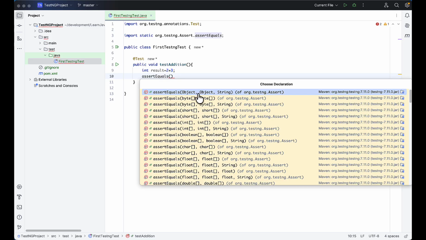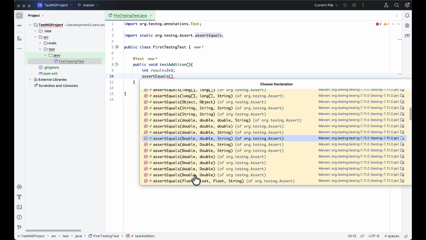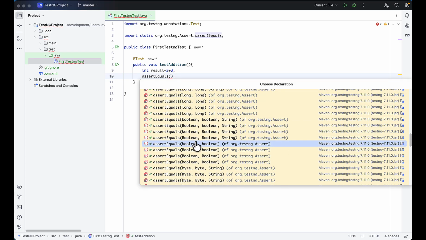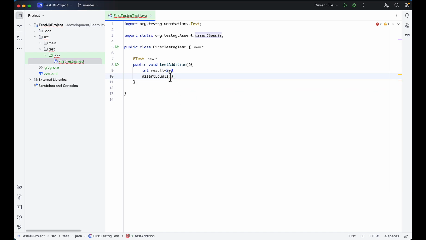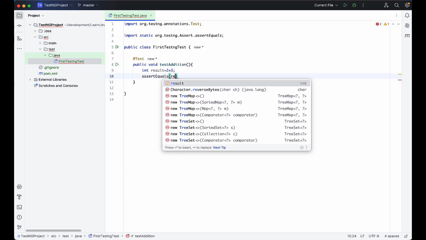And inside that, if I hover on this one or Control and click here, we will see this method takes different parameters. You can compare int, short, boolean values, character, float, string, double, long. Okay, there are so many things available. You can compare using this method. So here you will put the actual result, which is this one,